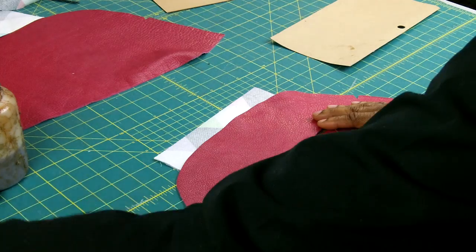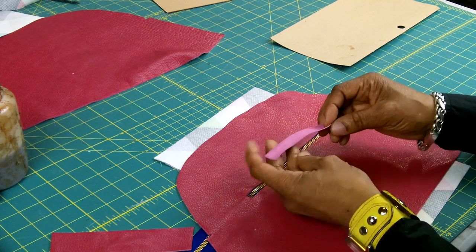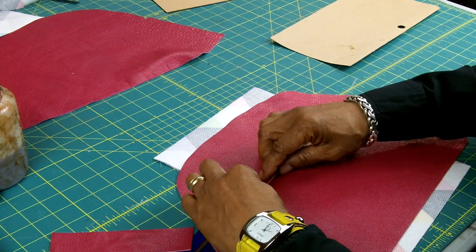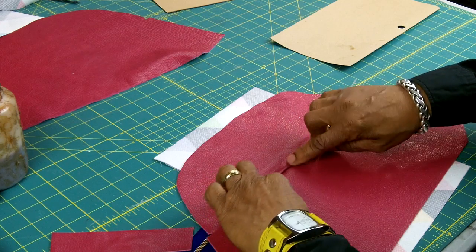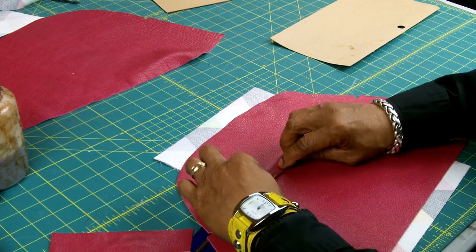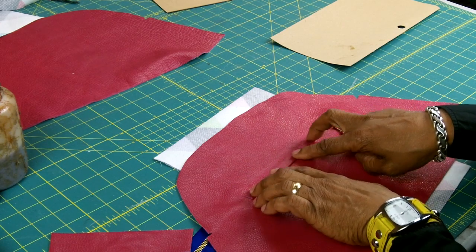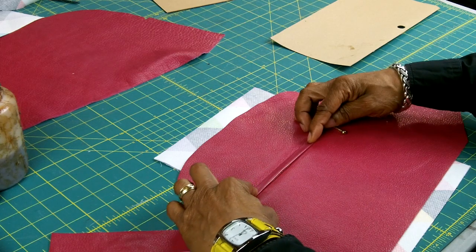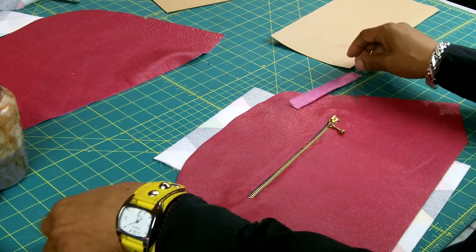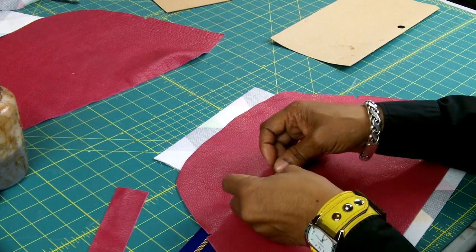Now something else that you can do, that you can put you a piece of leather, this is about a 1/2 inch wide, and you can fold it and you can put it between the zipper and the bag, and you can also put you like a cover over that zipper. You know, I just may do that. I think I will. I think I'll cut out a piece the length of the zipper. Well, no, that's okay. I'm not going to do it. But anyway, you could cut that out